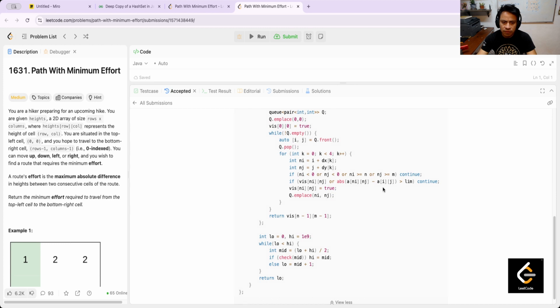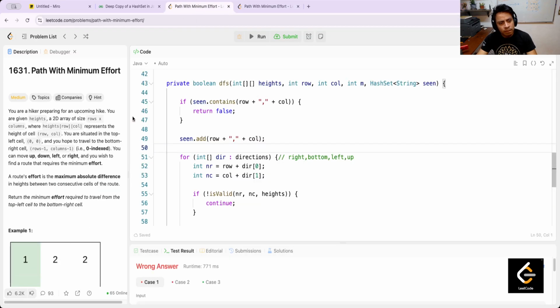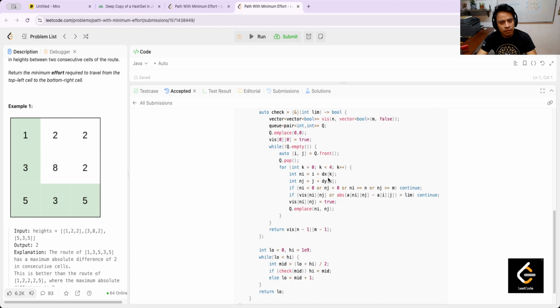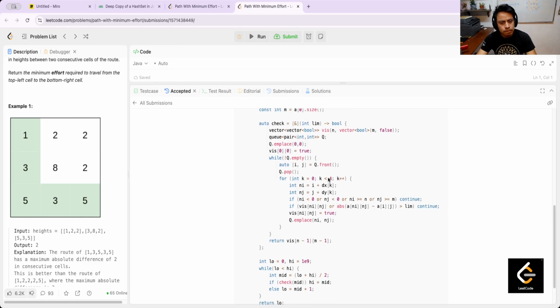You are using the BFS. Okay. Here. While queue is empty, I get the